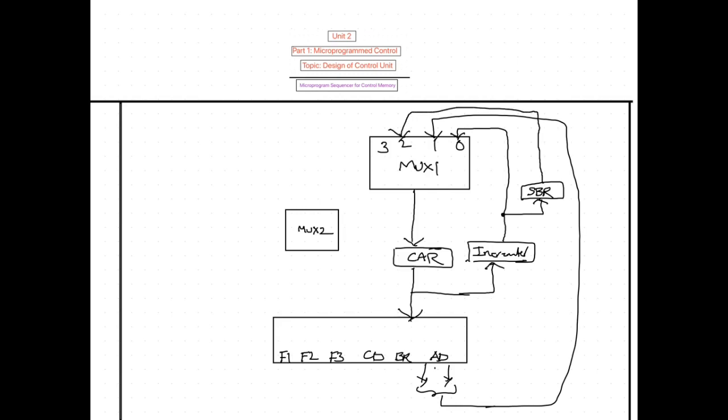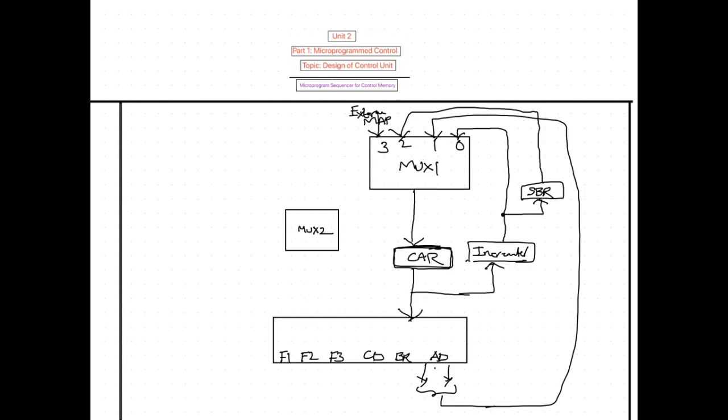The final source is the external source, MAP. These are the 4 sources from which CAR receives the address of the next micro instruction.